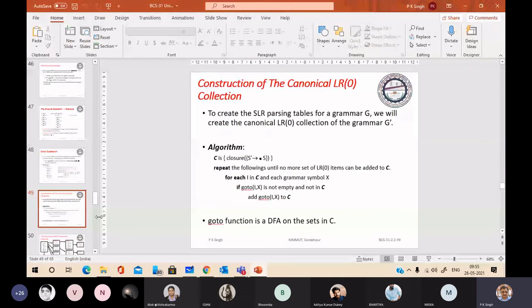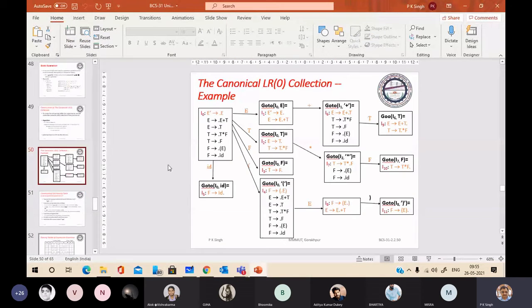So here you can see the same item sets I0, I1, I2, I3, I4, I5, I6, I7, I8, I9, I10 and I11.